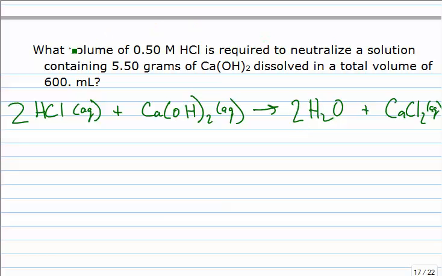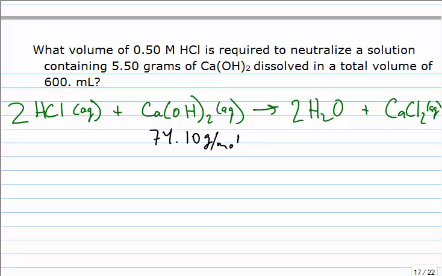So in calculating the amount of HCl that we need, we're basically going to need to calculate the number of moles. Now in this case, we're given a solution with a known molarity of hydrochloric acid and a given mass of calcium hydroxide. So here we have 5.5 grams of calcium hydroxide. So we're going to, of course, want to convert that to moles. So we need to determine the molar mass of calcium hydroxide. That's 40.08 plus 2 oxygens is 32, plus 2 hydrogens 2.016, so telling us that the molar mass of this guy is 74.10